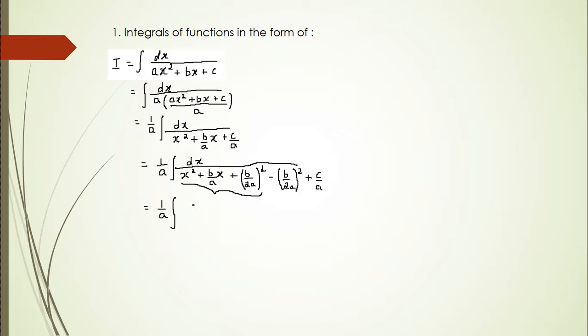So I will get here dx divided by x plus b by 2a whole square,